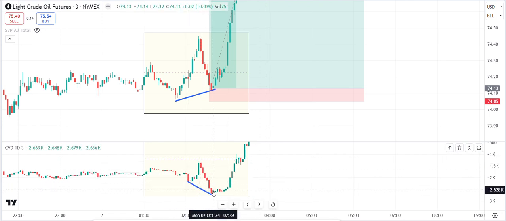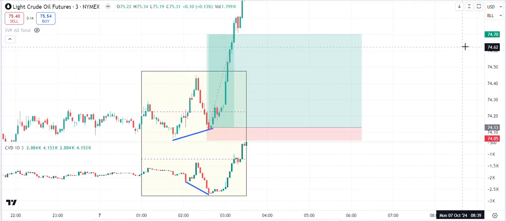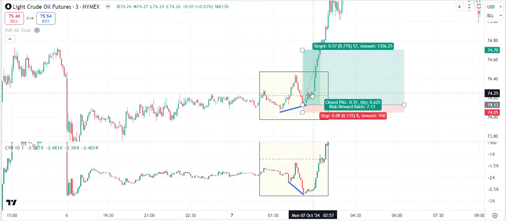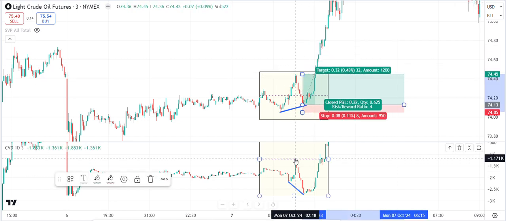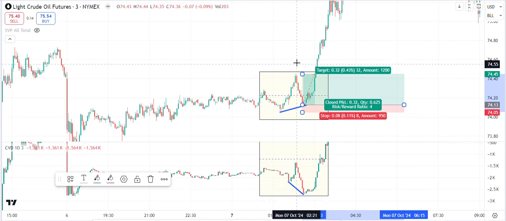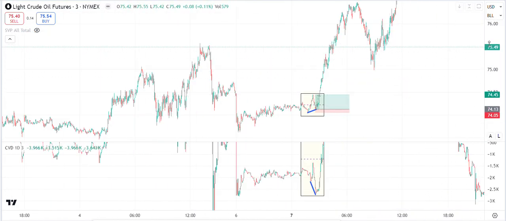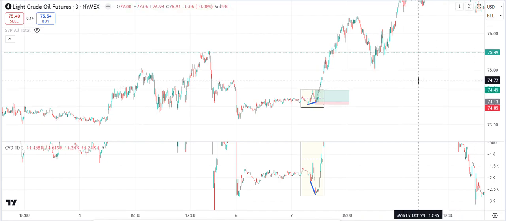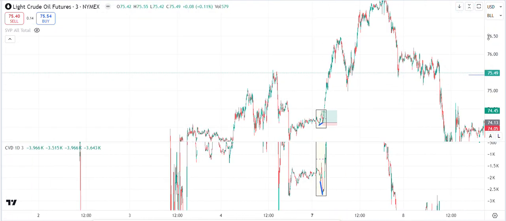Because all these sellers were already absorbed. So they would be squeezed out of the market at this point. And as soon as it gets out, an easy target system would be up here, the high in between these two. So 1 to 4 is the ratio. But if you're like me, you look for something larger and you'd be using